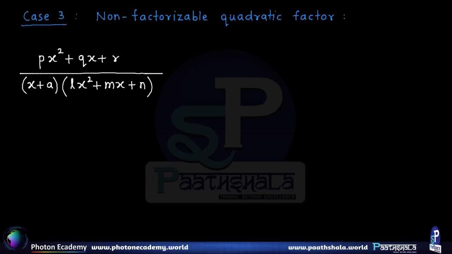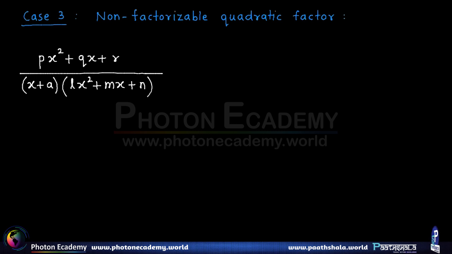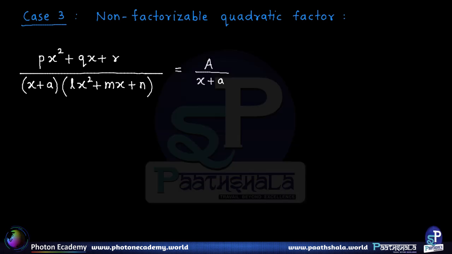Now let's see the last case in the partial fractions, in which in the denominator we may have some non-factorizable quadratic factor apart from the linear factors. So if that is the case, as shown in this example, suppose we have this particular type of function to be broken into partial fractions, then on the right hand side we write the first fraction as normal, that is A upon x plus a, which we have already seen, plus